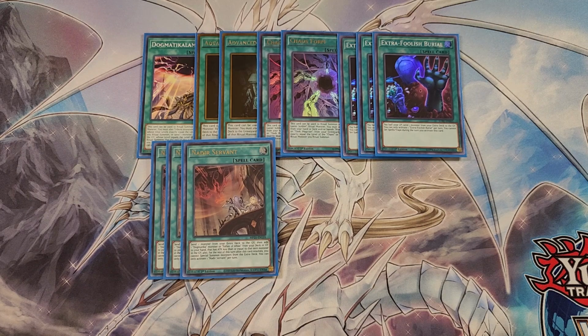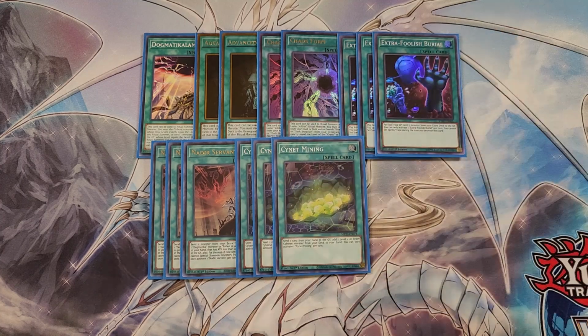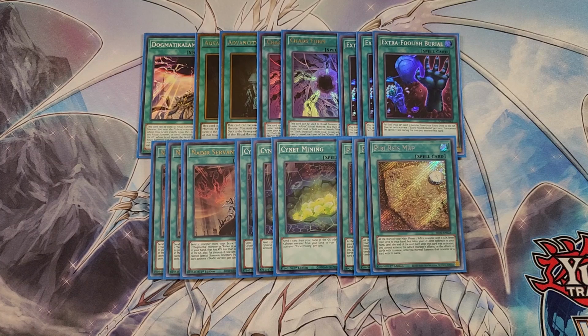We then play 3 copies of Synapse Mining. Synapse Mining is really good because it searches out our copy of Ibly, and it's just a really good 3 of in the deck to search out our copy of Ibly, and then 3 copies of the Map. Map is really good in this deck because it actually searches out your copy of Ibly, and has the ability